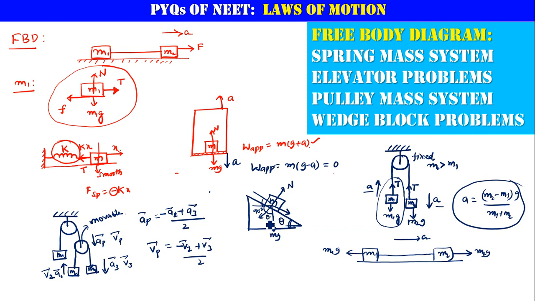The component which is in contact with the main vector will be the cos term, mg cos theta. I don't want to do this again and again, so that's why I'm telling you right now. Please remember this: mg sin theta is along the plane and mg cos theta is perpendicular to the plane. The normal reaction will be perpendicular to the surface of the inclined plane. This much knowledge is sufficient to solve any problem in this session. So let us get started.